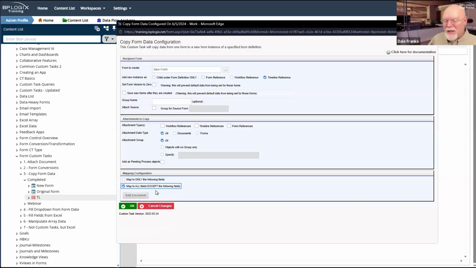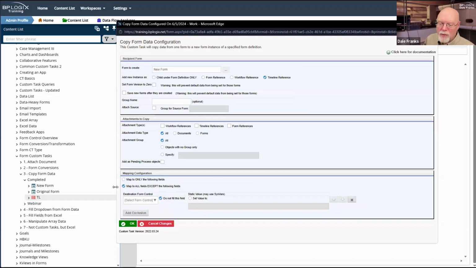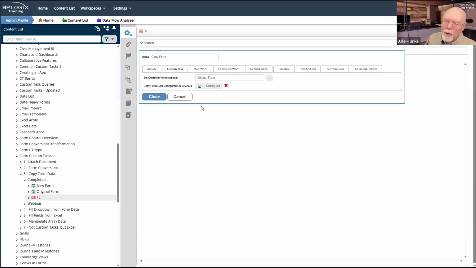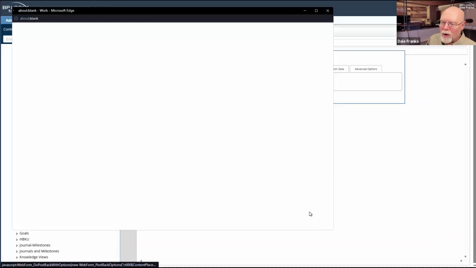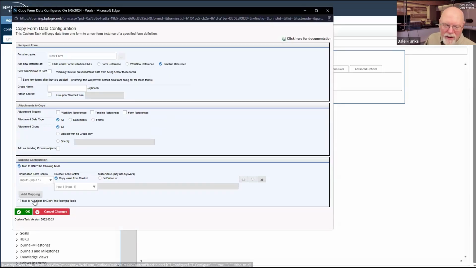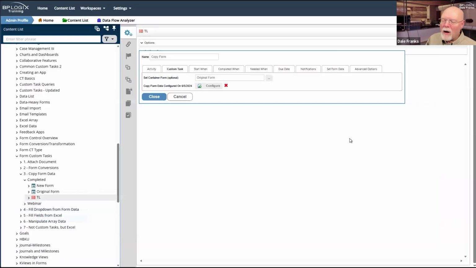Map to all fields except the following fields, where I would just go through, as long as my names are the same, and I could just have it map everything and then pick the fields that I wanted to make as an exception. But I want to do the opposite. I only want to do one field. Let me be sure that I'm back to status quo ante on this. Okay. And so now it will do that mapping for me.